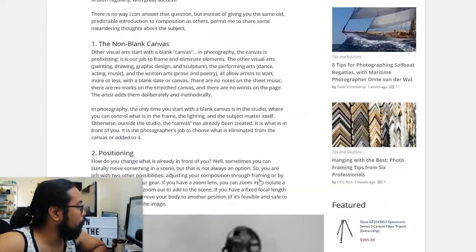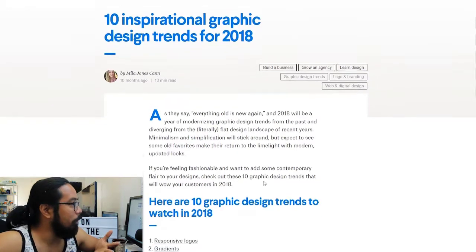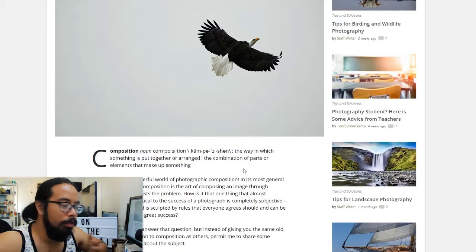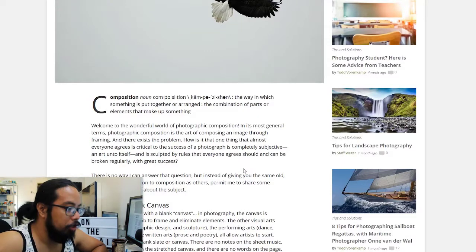So there's other great resources as well, but these are just two of my favorite. This one is always obviously going to be updating. This one is perennial. It's going to be year after year. If you want to take a good photo, follow the principles of composition.